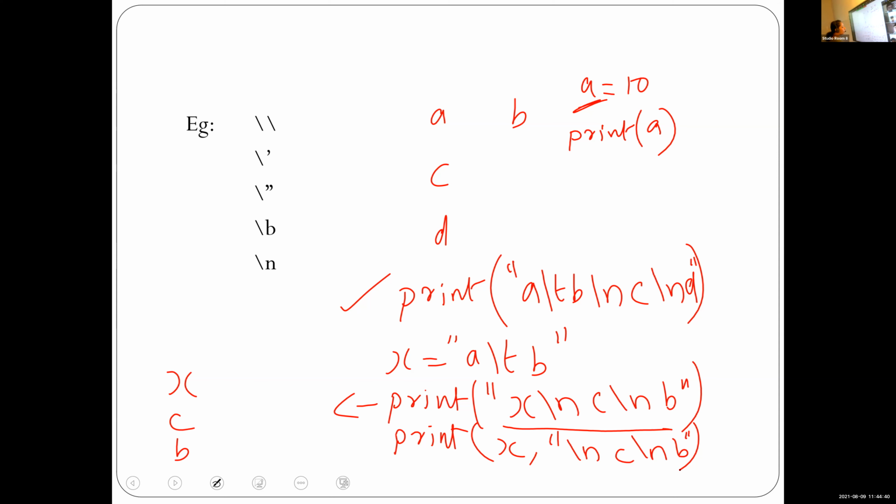So x comma, here I am using one comma because I want to print one message like this. After the variable, here I am not using a comma because there is only one variable and no message, so there is no need of using a comma. But here after the variable name I want to use one message, the content within double quotes. For that I am just writing a comma here, after that within double quotes slash n c slash n b. Is it clear? Okay.